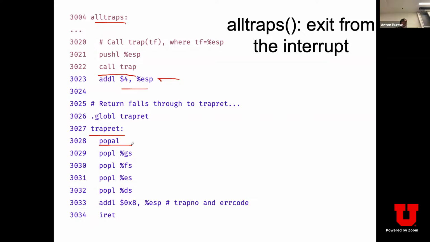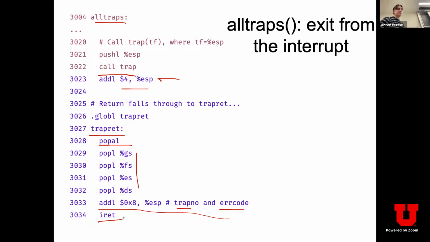We pop all, essentially this instruction, which is symmetrical to push all, restores all general registers. We pop all the segment registers because our stack layout matches what we constructed when we were entering this old trap handler. At this point, we deallocate 2 values which we pushed on the stack in vector 32, the trap number and the error code. So only 5 values have to be on the stack at this point. And now we invoke a special hardware instruction, iret, return from the interrupt,